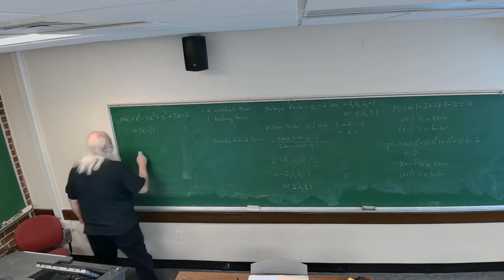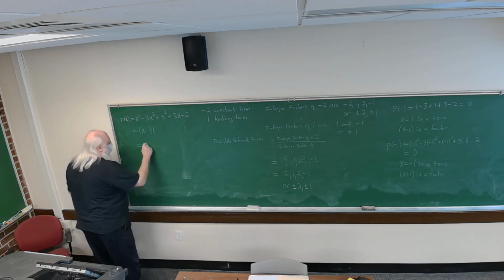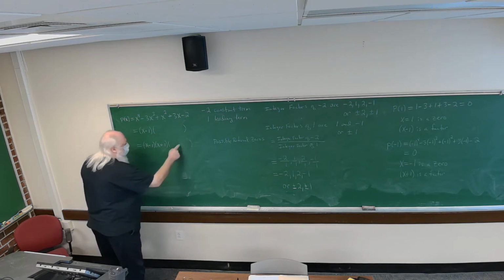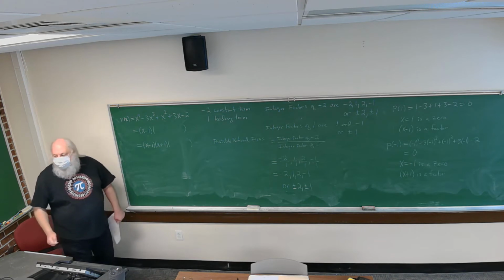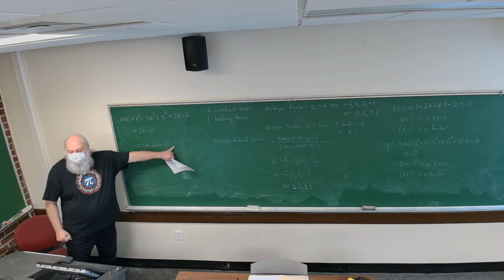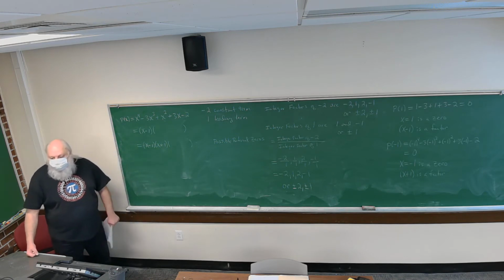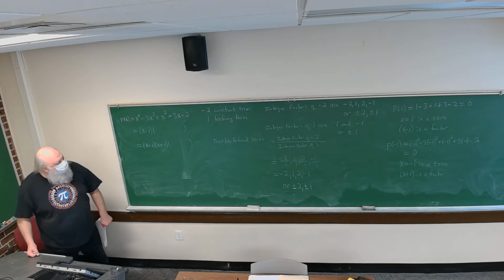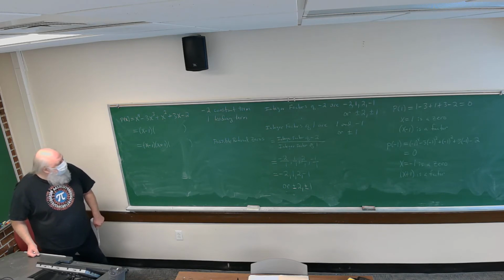So we can write the right-hand side now as x minus 1 times x plus 1 times some unknown quadratic. Okay? We got to find that quadratic so we can find the last two zeros of this polynomial function. Okay? Well,